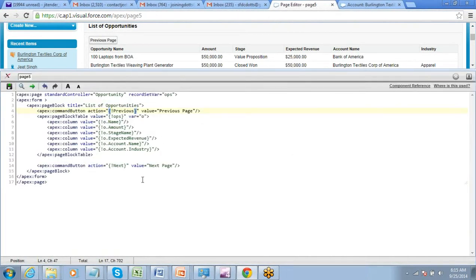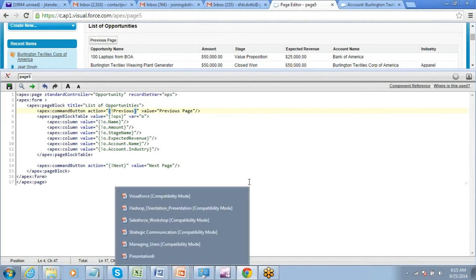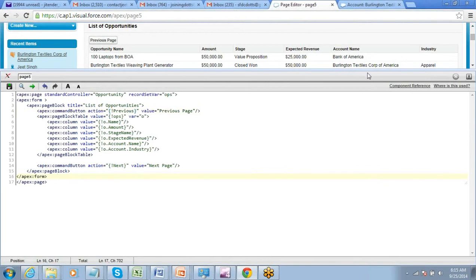Next, previous, there are 4, right? First, last. If you have multiple pages, now in this case we just have 2 pages, so next and previous is working. If you have multiple pages and you want to go to the last page, that last action will take you there. Got that? So there are 2 more actions, first and last. For defining them, you just have to write first or last here. This action will take you to the first page, and this action will take you to the last page.